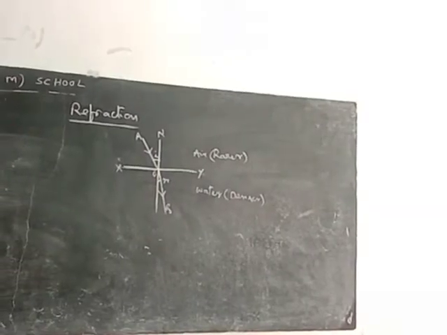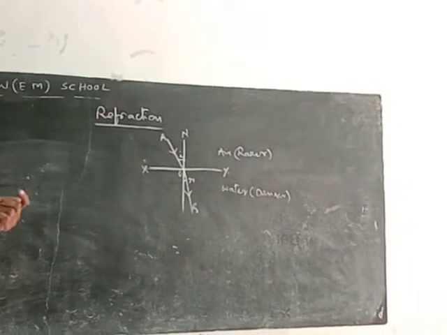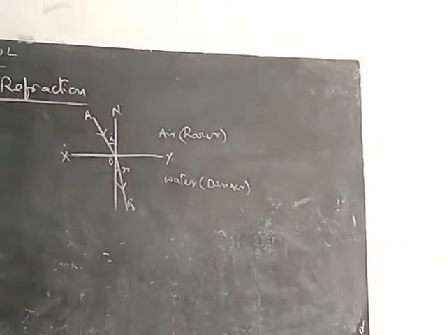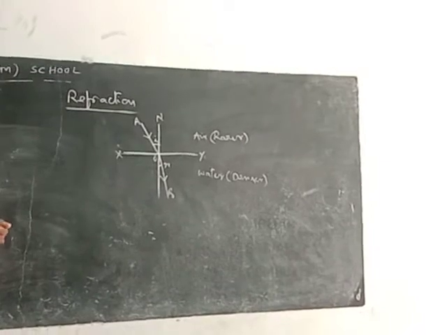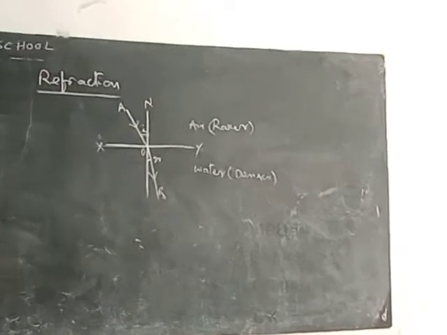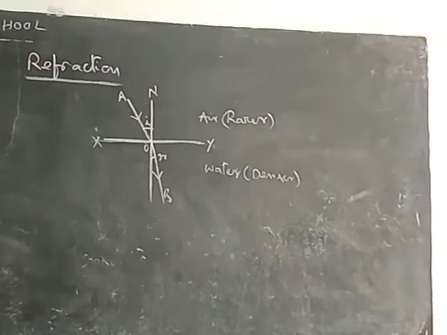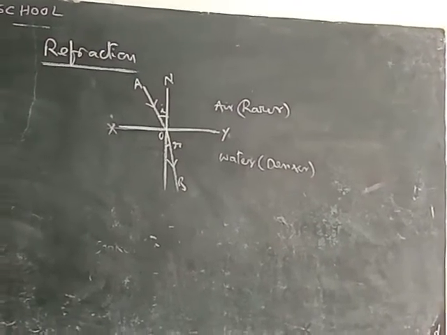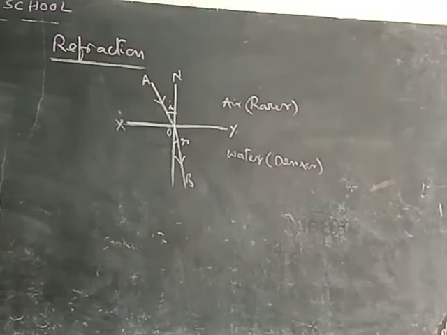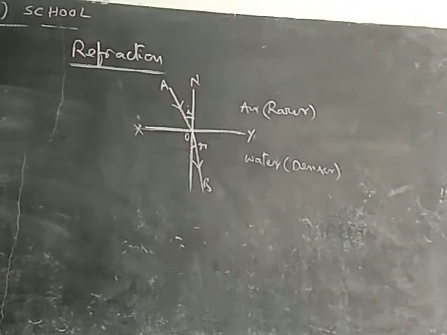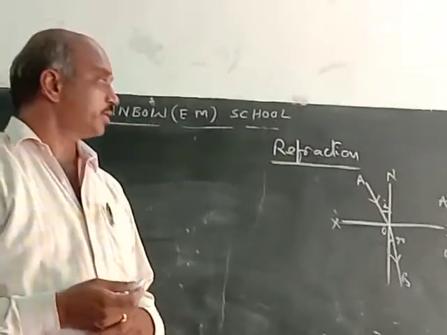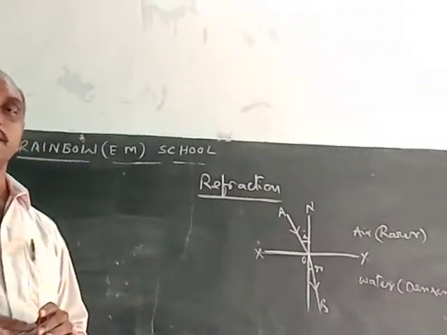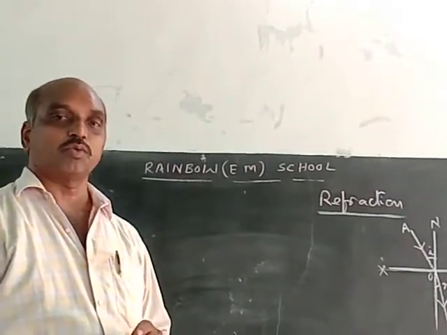Now refraction. At the start, we know different types of materials based on the phenomenon of light. Three types of materials are there. One is transparent: materials which allow light rays freely are called transparent materials. Another is translucent: materials which allow light rays partially are called translucent. Another is opaque: substances which do not allow light rays are called opaque.